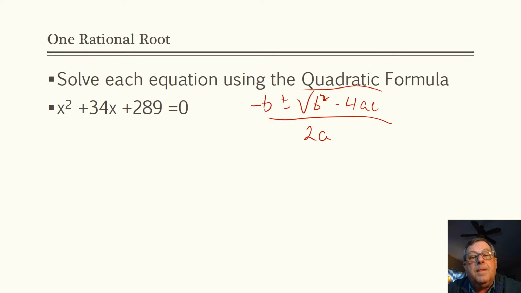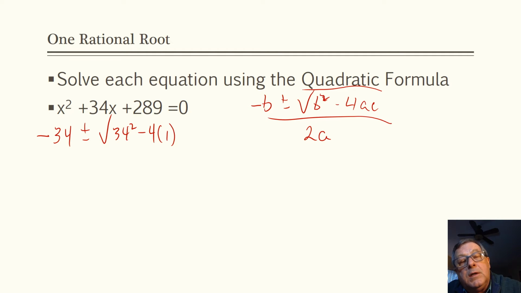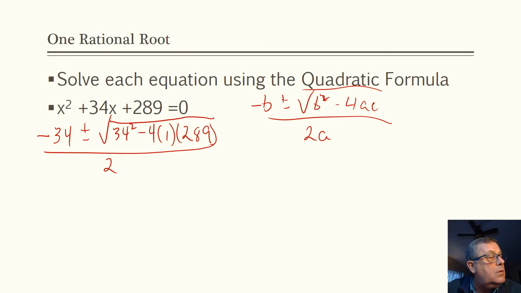Okay, a is 1, b is 34, so we got negative 34 plus or minus the square root of 34 squared minus 4 times 1 times c, which is 289, square root of that, over 2 times 1, or just 2. Okay, so now we got negative 34. Let me draw that negative a little better. Negative 34 plus or minus,